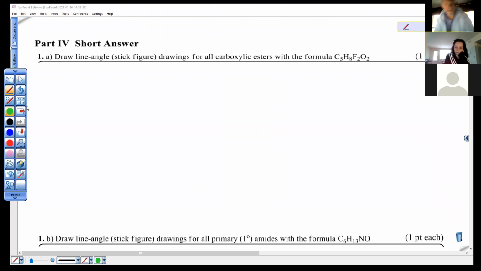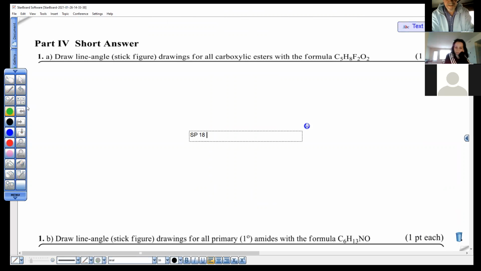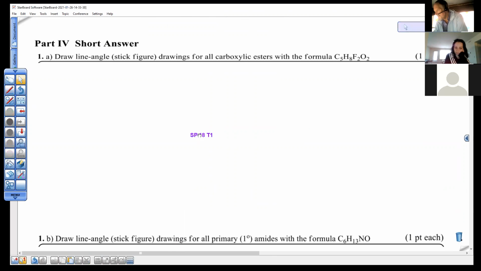All right, so we're talking about spring 18 test 1 again. Draw line angle stick figure drawings for all carboxylic esters with the formula C5H8F2O2. Now, earlier in this question, it said you better stop after drawing, what, 25 of them? So I don't know if there's 25, but